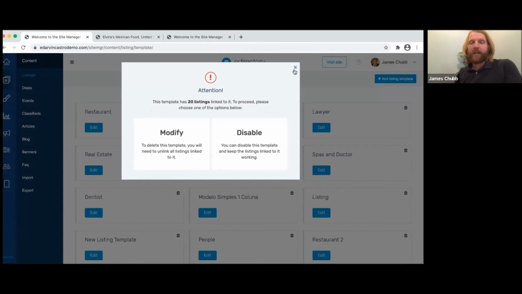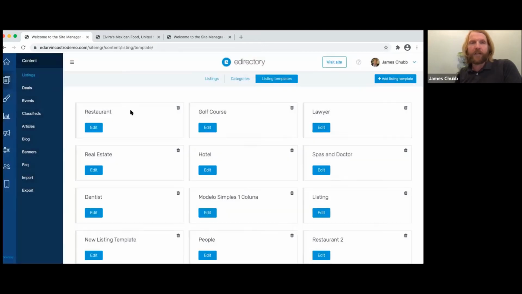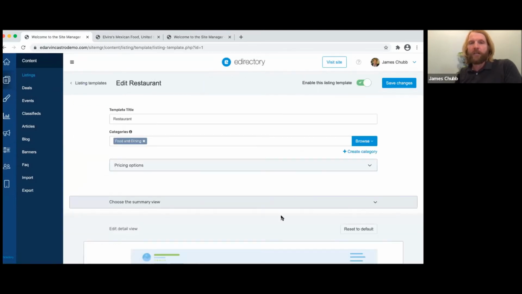So basically, it gives you a warning, and you can figure out what you want to do there if you're deleting it. And then when you edit it, it just edits all the stuff that's already linked to it. So the ones that are there, if they don't have the data, won't be filled in. So that's basically how that's handled. And I think that works pretty well for most